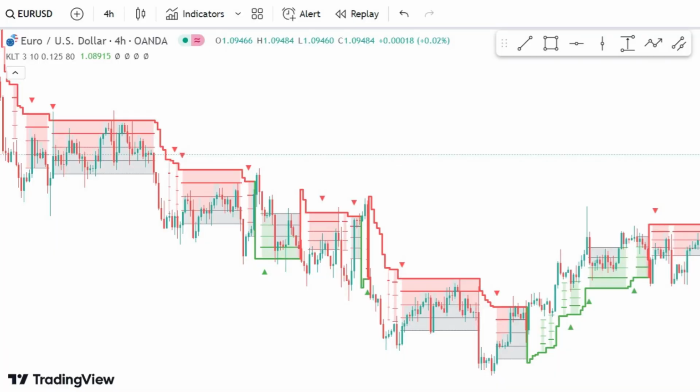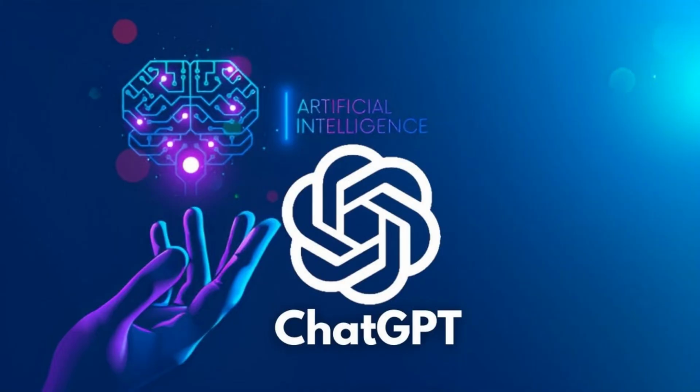See, when you use an indicator like a moving average, in my previous videos I have shown how a moving average is created. It is created from the data of the previous candles. But when it is a complex indicator with so many lines and so many arrows, but it's a good indicator and you want to use it, it is very, very important that you understand what parameters were used to build that indicator. Now, because of ChatGPT and OpenAI, artificial intelligence can help us understand